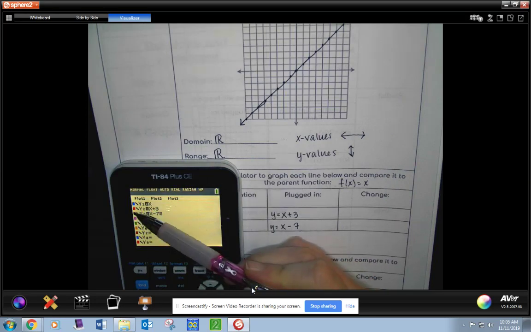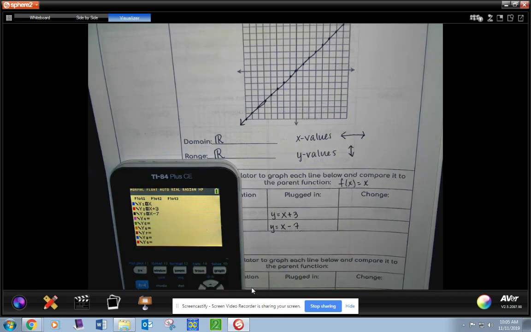x plus 3 will be in red, and x minus 7 will be in black. We're going to hit graph. I've already got x graphed. There went x plus 3, and there's x minus 7. So if you look at them,